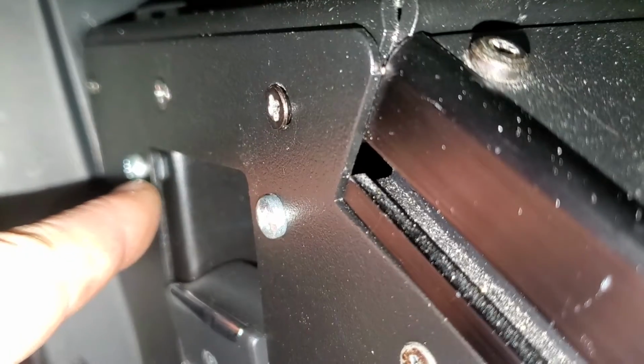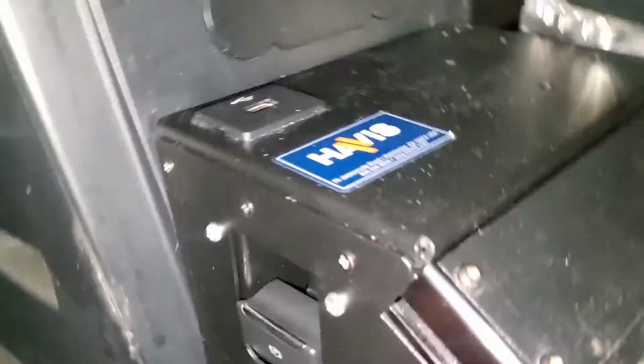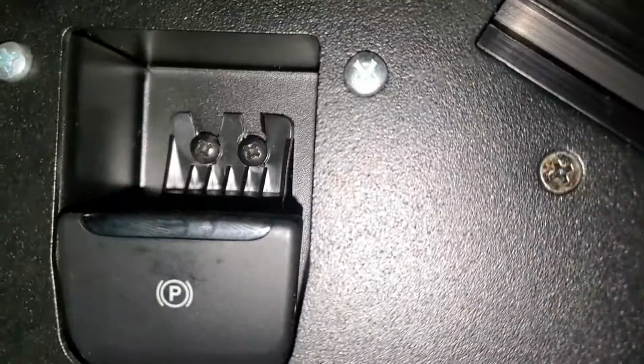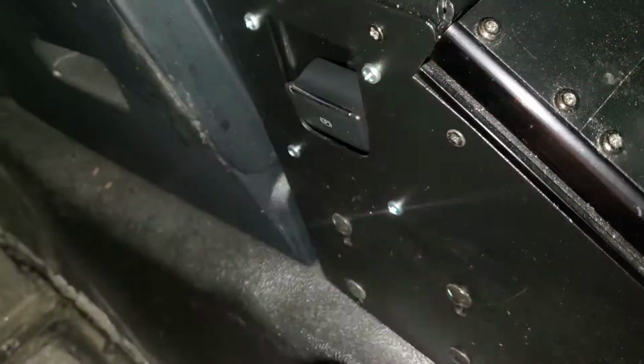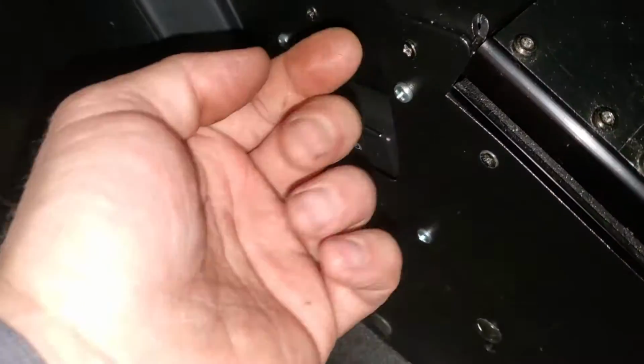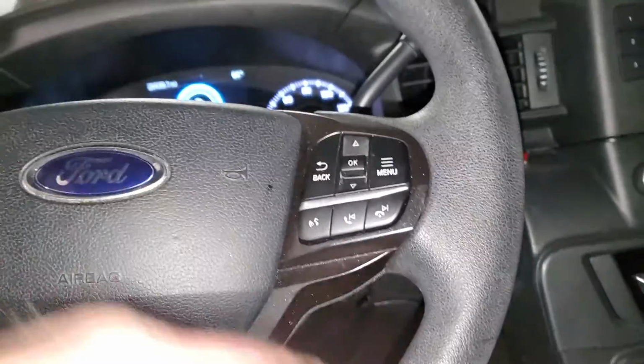See, I put spacers in there and longer bolts, and I actually trimmed up the plastic so I can position the parking brake switch better. And I put a nut on the inside and a nut on the outside and tightened everything up. And it was getting a parking brake switch fault in the computer, because when you would go to use this,